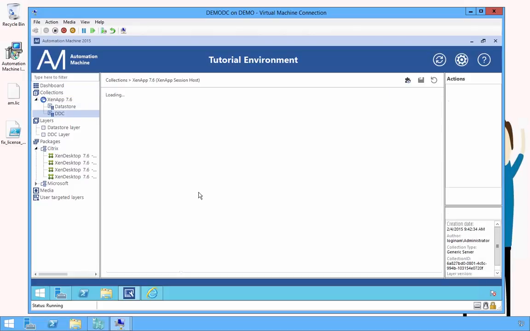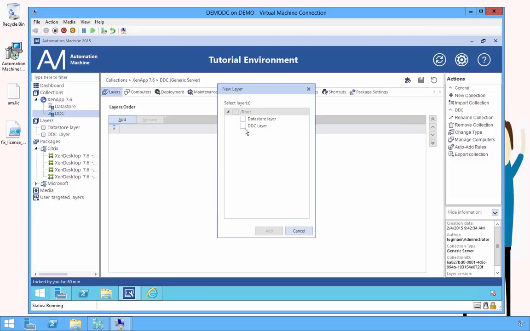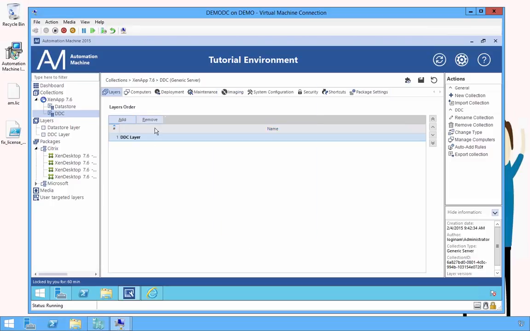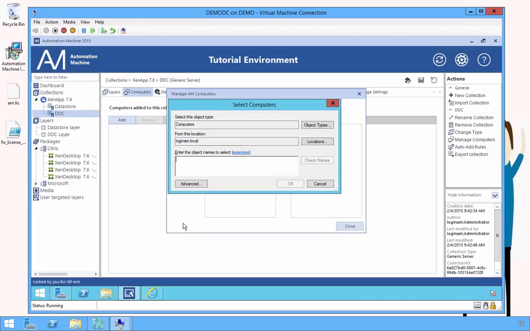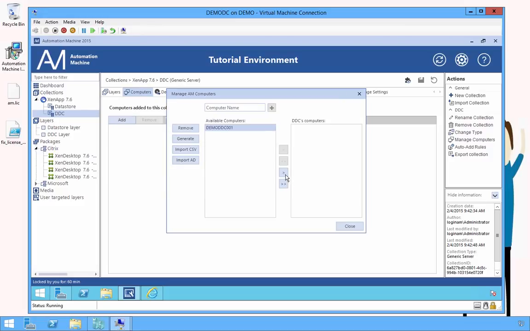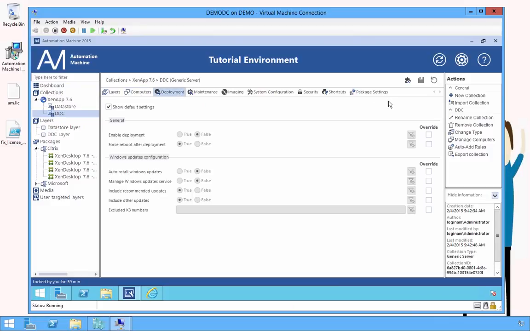So let's configure our new collection. So first we're adding the layers. There's the DDC layer. Let's add it. And then we're gonna add, save. Then we're gonna add our computer. Demo DDC 001. Yep, there we are. Add it to the collection, and then we need to set up our